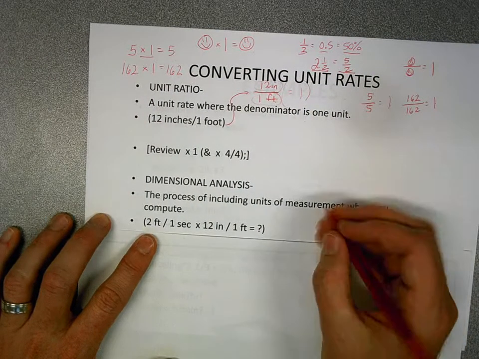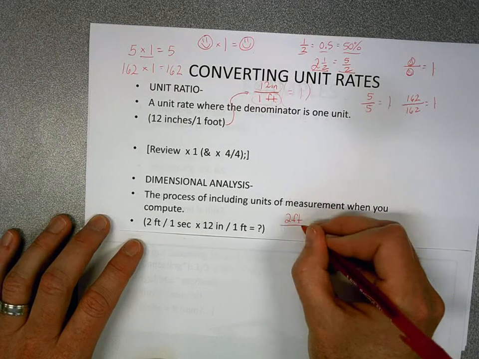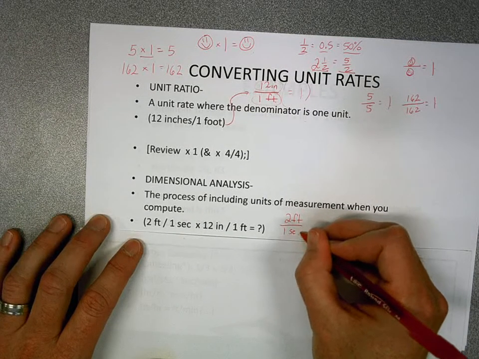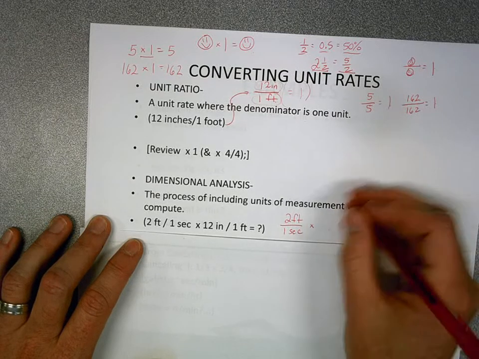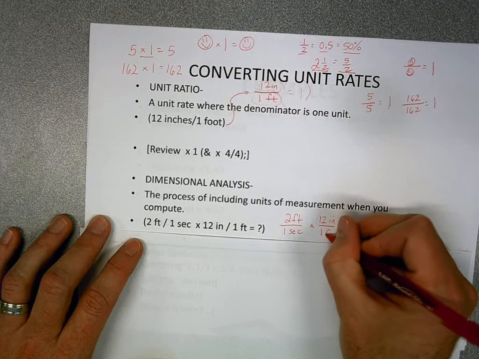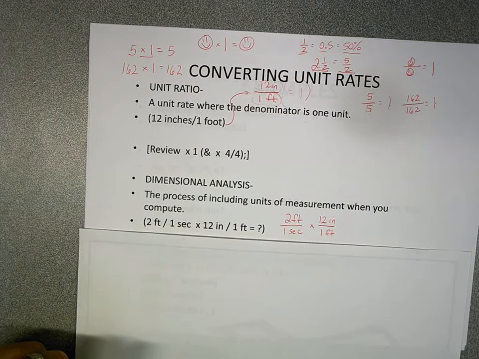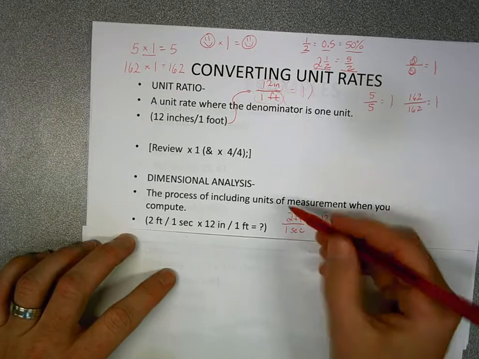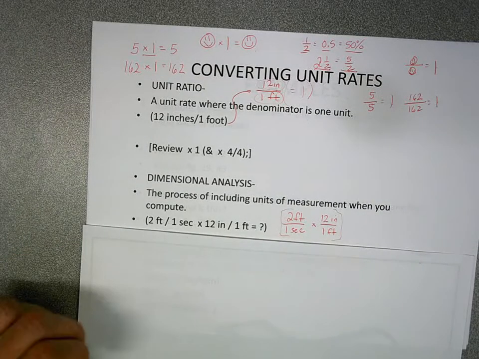So, go ahead and write this down. 2 feet per second, or 2 feet over 1 second, times 12 inches over 1 foot. Okay? Now, listen. That probably doesn't make any sense to you, but that will make sense to you hopefully after